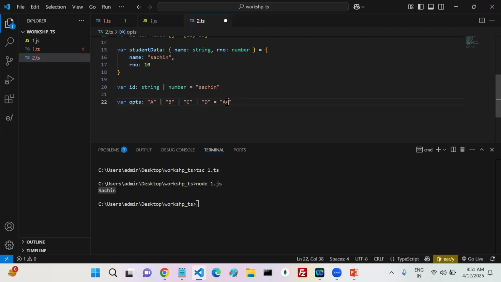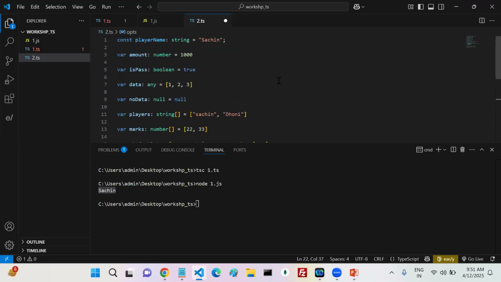Now if I write E, see it gives an error or not. My options may be B working, C working, D working, but E no. So my option is either A, B, C, D or not. Yes or no? So like this, you can mention the type for that particular variable.